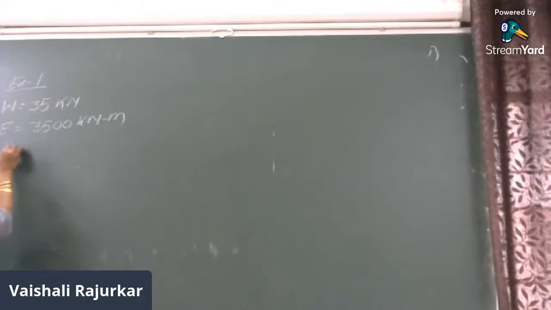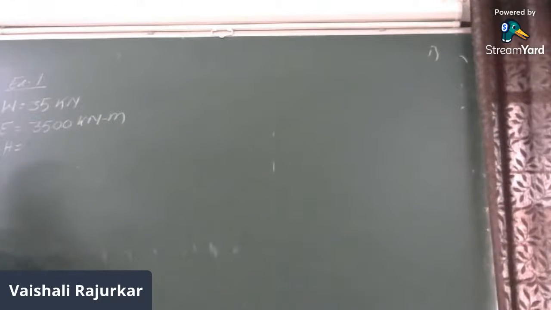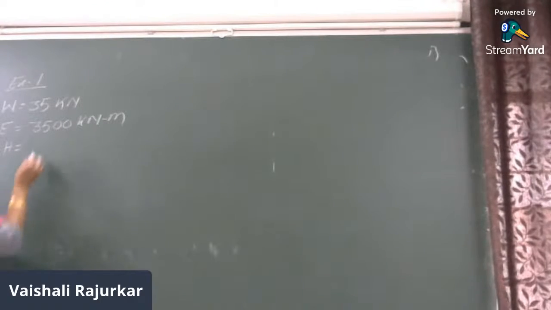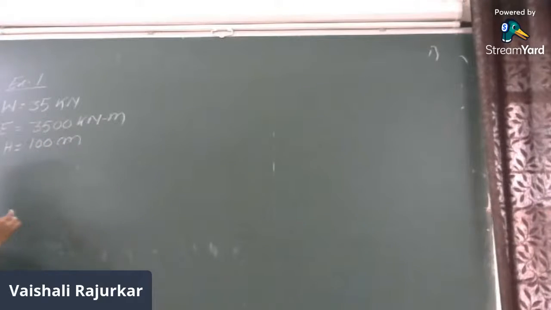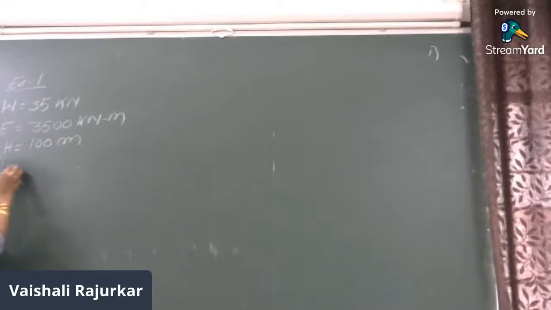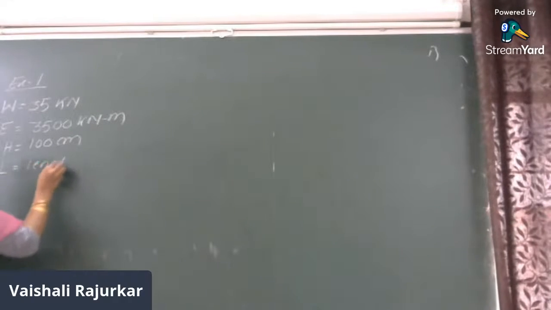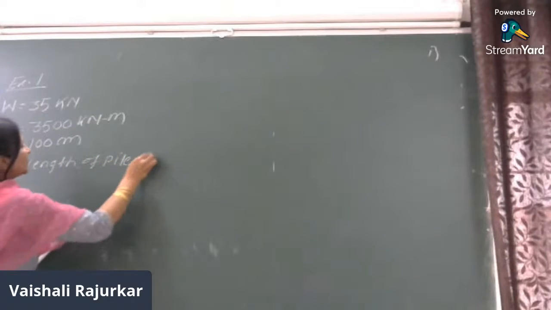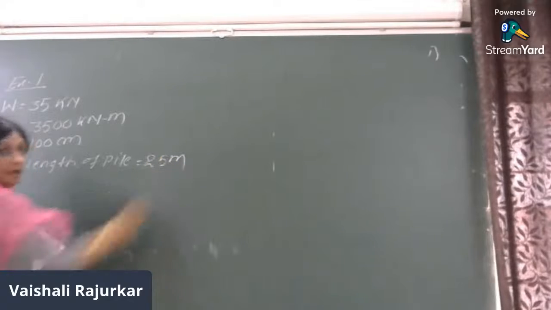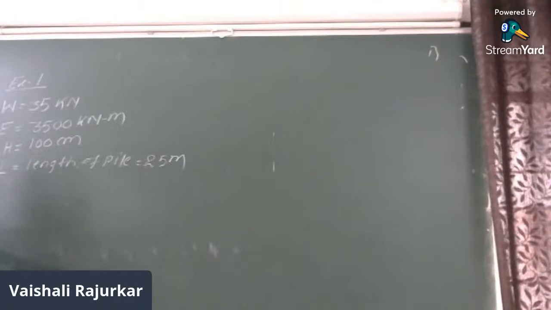Here, the value of H is then 100 centimeters. Then, length of the pile is given as 25 meter. Length of pile is 25 meters. Then, the efficiency of hammer is given as